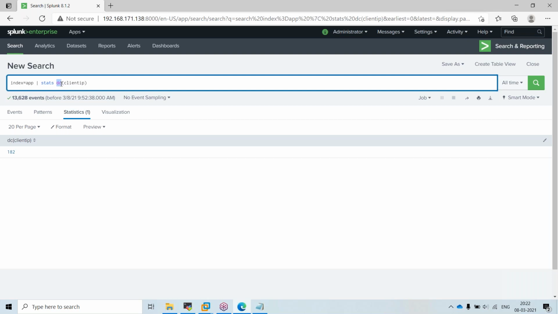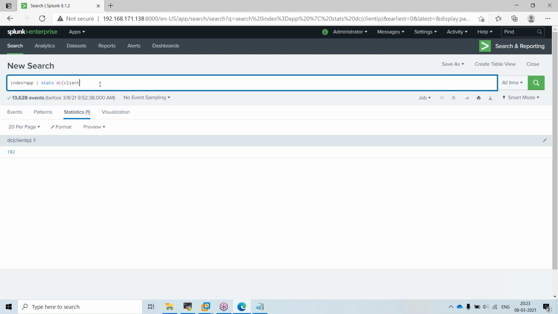What this DC will give you is that there are around 182 unique IPs. The stats command will give the statistics. The DC command, distinct count, will give me the unique number of IP addresses. Distinct count of client IP will give me the distinct IP addresses, so I can tell that 182 users have logged into my system. Clear? What is this DC will give you?